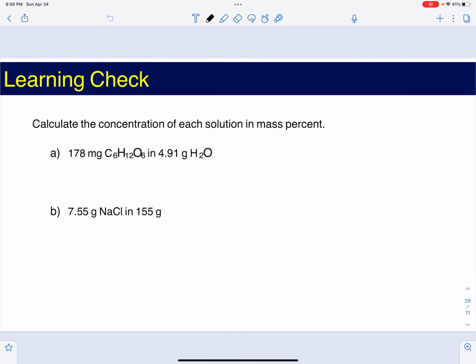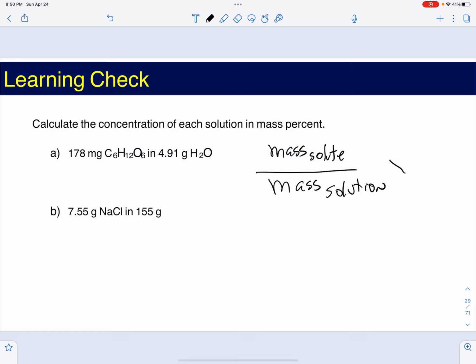A mass percentage is nothing more than what I just said. It's the percent of mass of the solute over the solution. So it's going to be the mass of the solute, which is what we are dissolving, divided by the mass of the solution. And since we're talking about a percentage, multiply by 100. More specifically, and this is the part that we really need to understand, it is going to be the mass of the solute